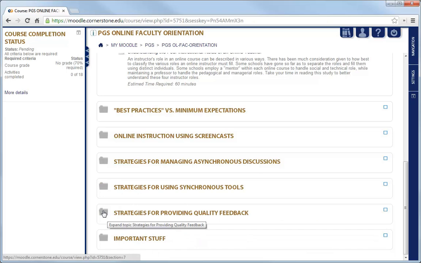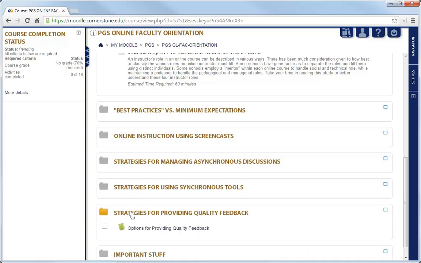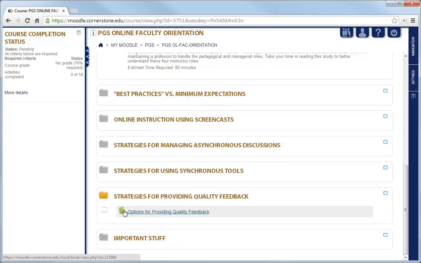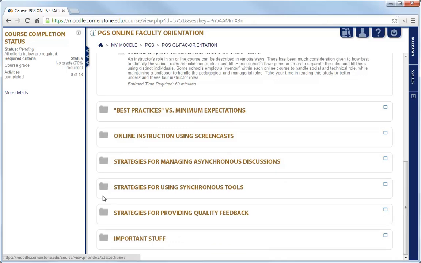A critical aspect of any education really is receiving constructive feedback beyond a simple grade or score or "good work" comment. We have available a wonderful tool that allows us to provide pretty quick and easy substantive feedback. So browse through this book module that's in Moodle here, options for providing quality feedback, and focus your time on looking at Turnitin's GradeMark tool. It's quite a powerful tool that allows us to provide some good feedback to our students.